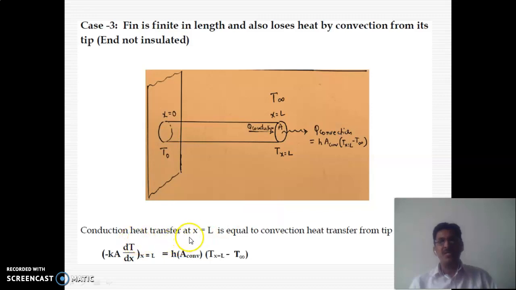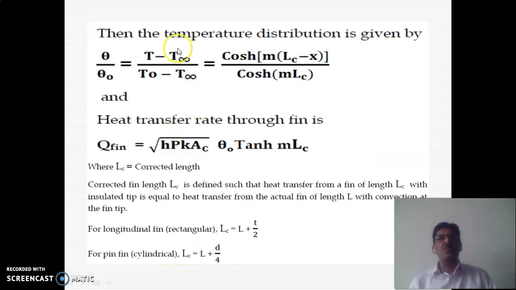So conduction heat transfer at x is equal to L is equal to convection heat transfer from the tip. You can equate this, conduction is equal to convection, that is K dT by dx is equal to hA delta T. So you will get the temperature distribution given by